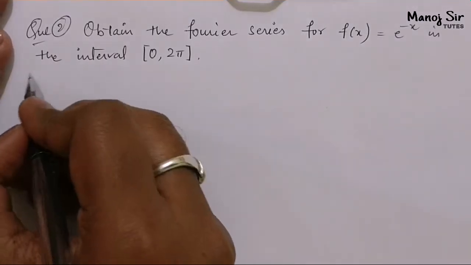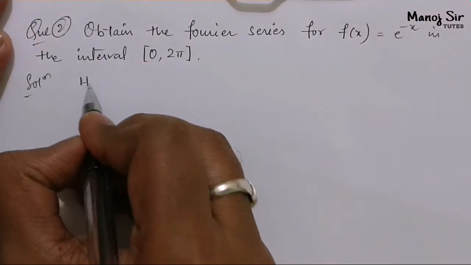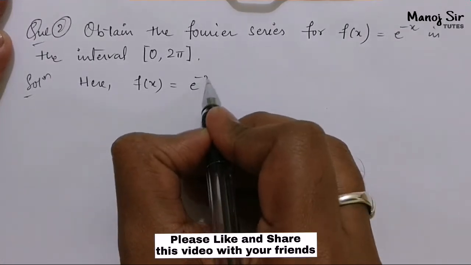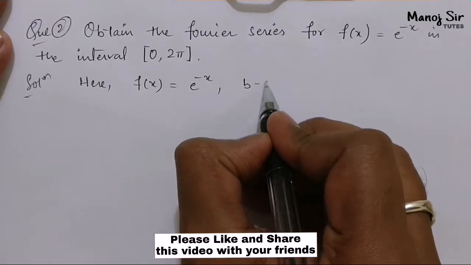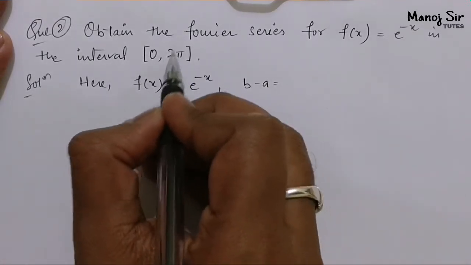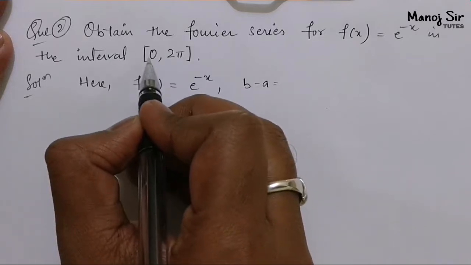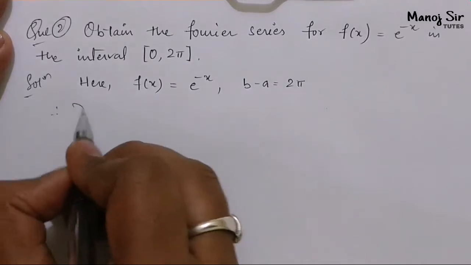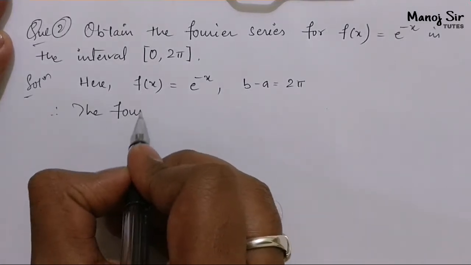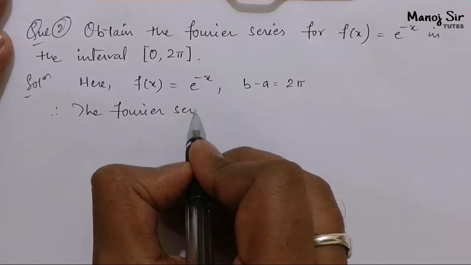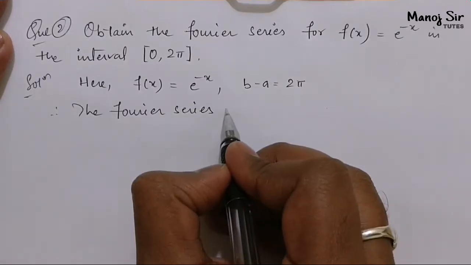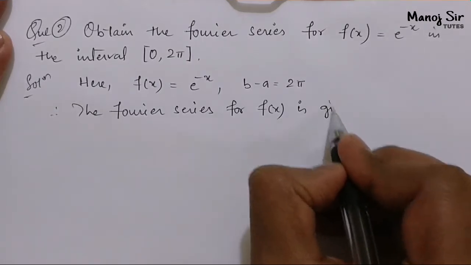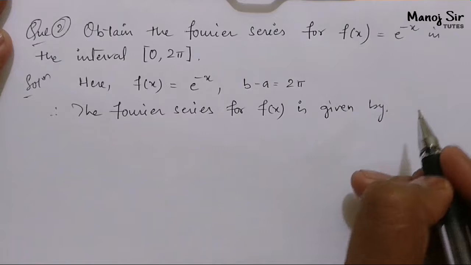The problem says obtain a Fourier series for f of x equals e to the power minus x in the interval 0 to 2 pi. Here f of x is given as e to the power minus x, and b minus a, that is, this upper limit is b and this lower limit is a, is nothing but your 2 pi. Therefore the Fourier series for f of x is given by